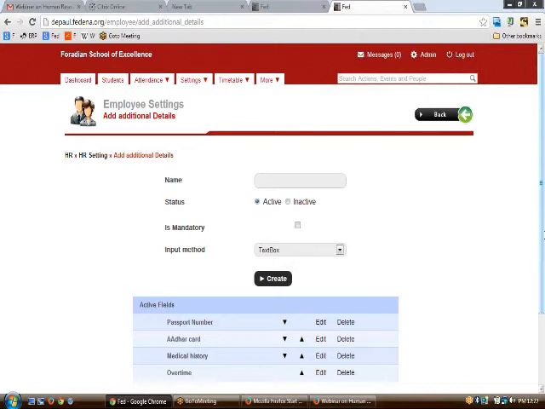These details are very specific to your institution and would be of great use to you if you create additional details based upon the region or based upon the demands of the institution. So whenever you want to create an additional detail, you can do this by clicking upon the name here, like additional details,